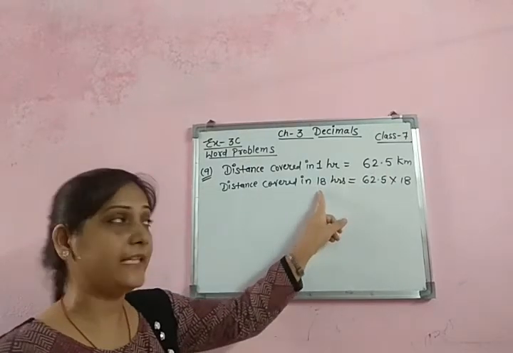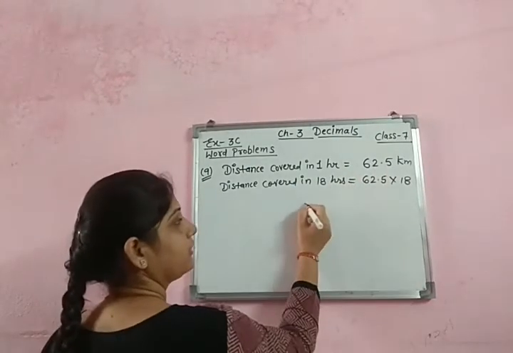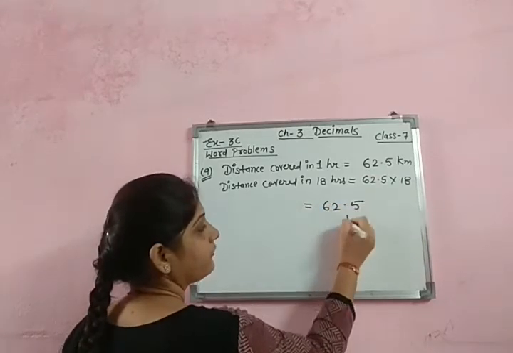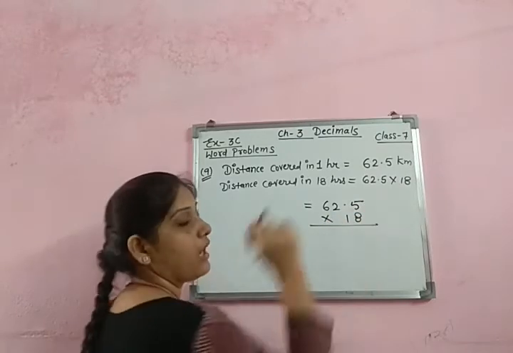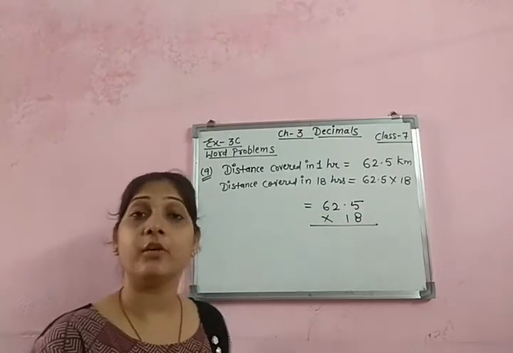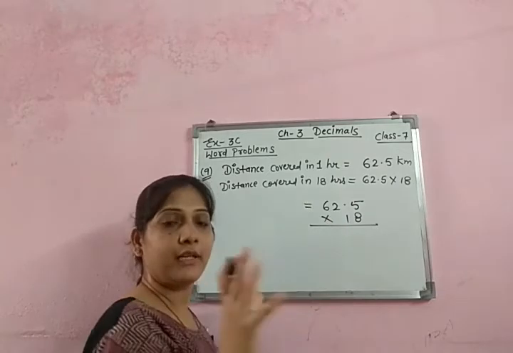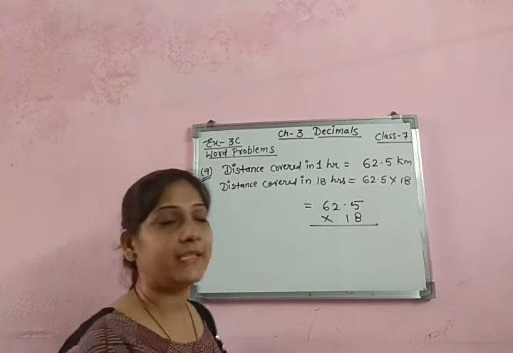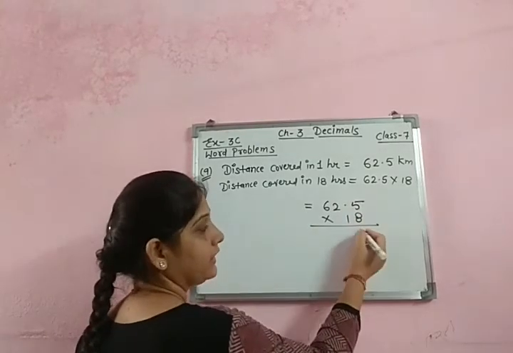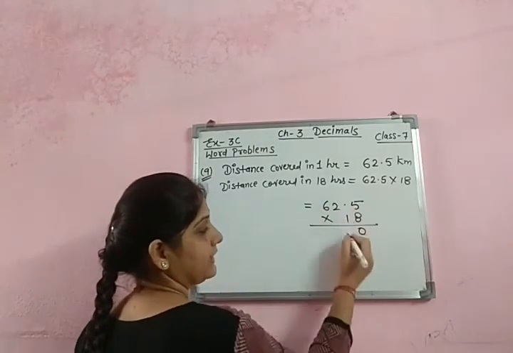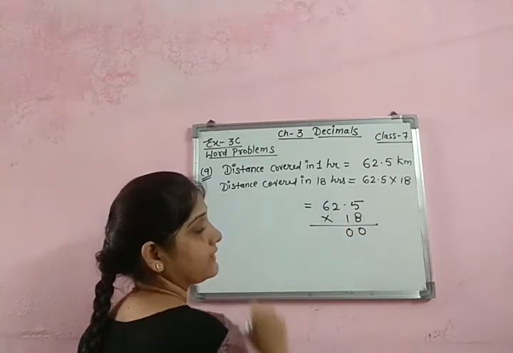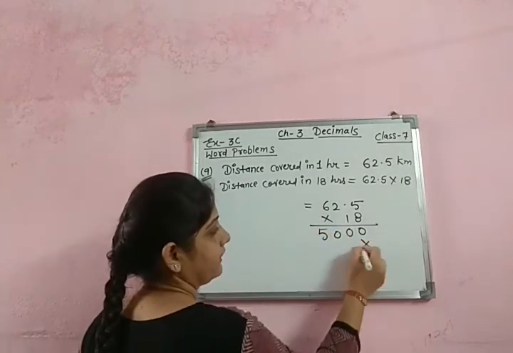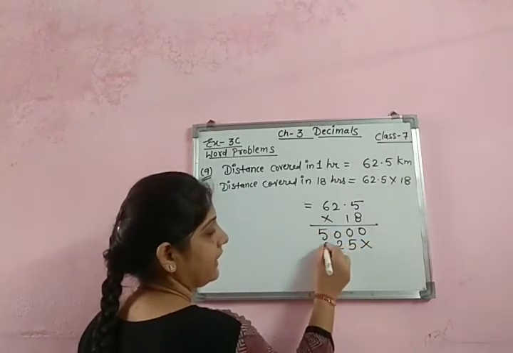62.5 multiplied by 18. So let me show the multiplication. Okay. Full multiplication at the bottom. 62.5 multiplied with 18. And you know how to multiply a decimal number with a whole number. Simple multiplication. At last, when you do the addition, put the point by counting the decimal places. 8 5s are 40. 8 2s are 16 and 4 is 20. 8 6s are 48 plus 2 is 50.